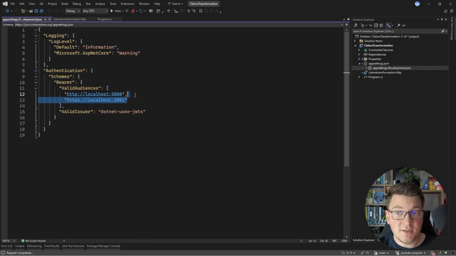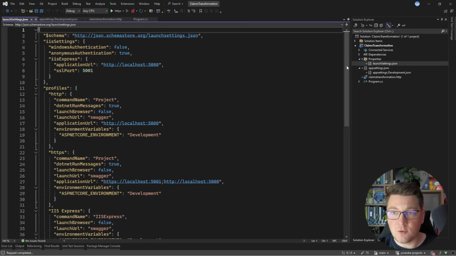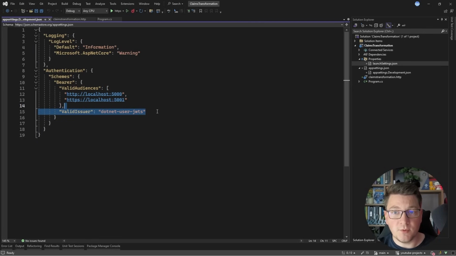So the valid audiences are the localhost ports where my API is exposed, and the valid issuer is our command line utility. If you're wondering where it's getting these values from, it is accessing the launch settings JSON file where you're specifying your HTTP and HTTPS ports. It's also going to store your JSON Web Tokens locally using your user secrets,